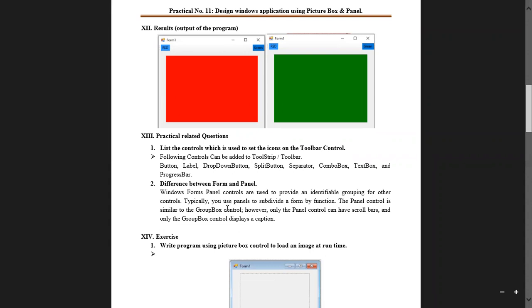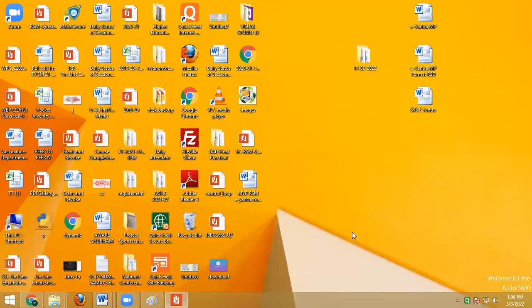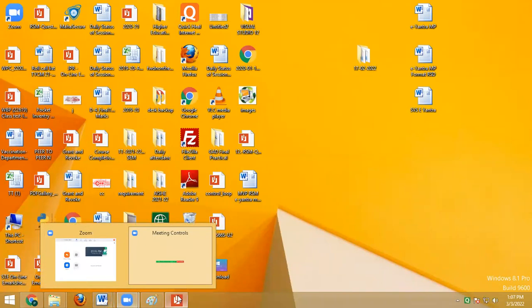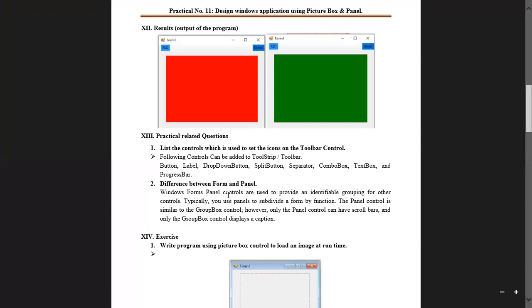Different types of toolbars which we can use under that panel. Okay, so the basic difference: forms panel control are used to provide an identifiable grouping for other control.